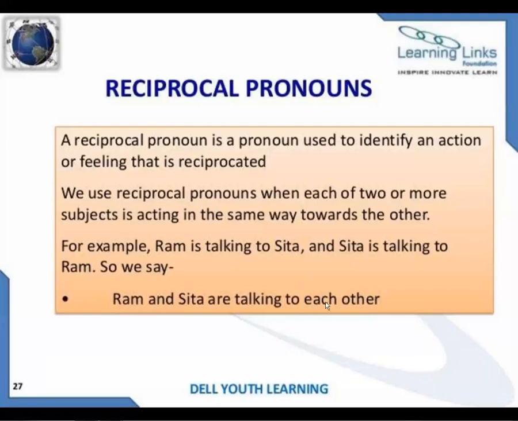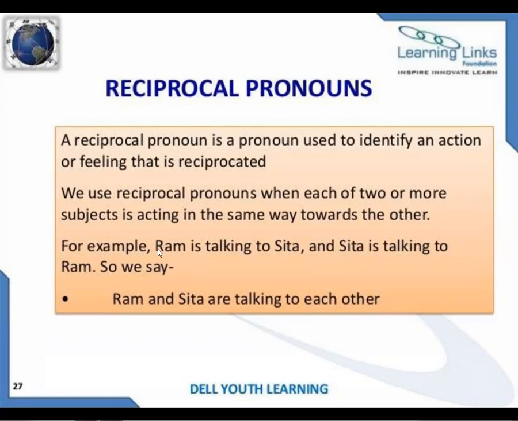Right, in which the action is reciprocated. That word is called a reciprocal pronoun, or you can simply say that the work is being done by both, or in one action both persons are involved. So that is a reciprocal pronoun. Clear? I just want you to note this definition down, and I don't want you to write these names. You can write any other name of a boy or a girl in your notebook and note it down.